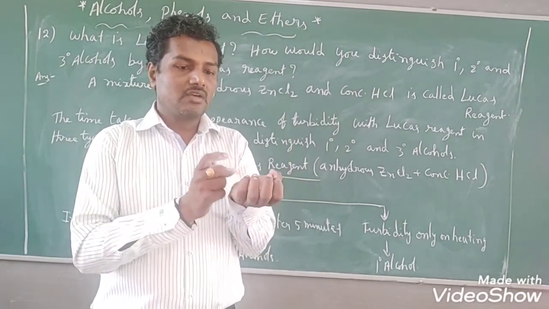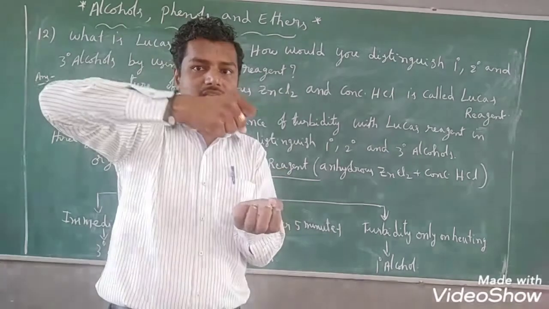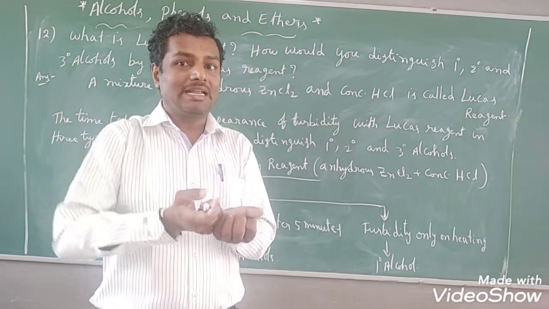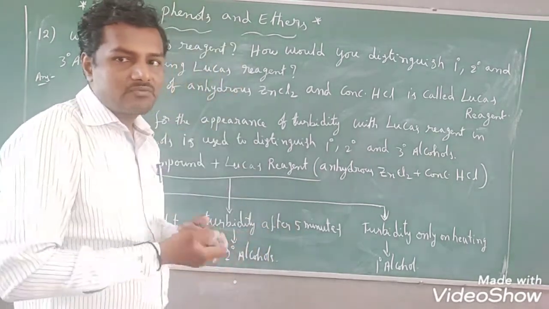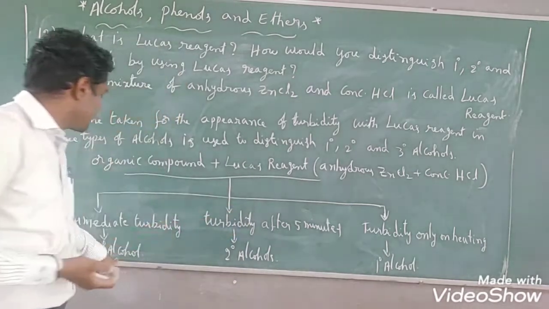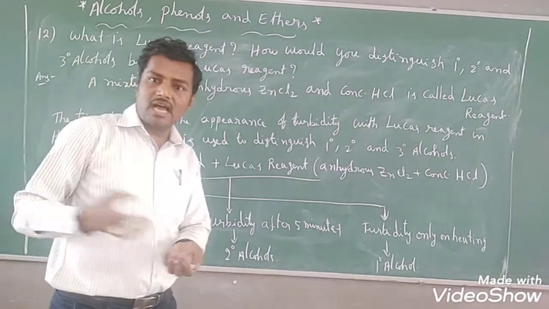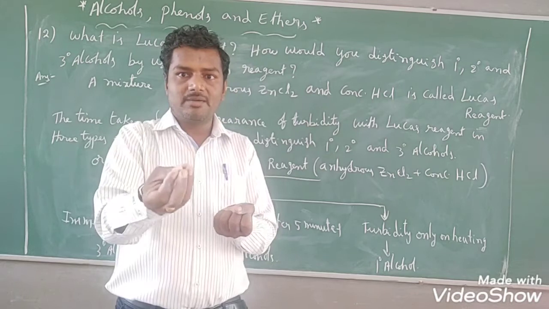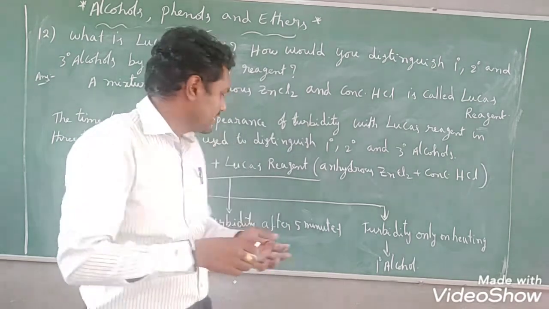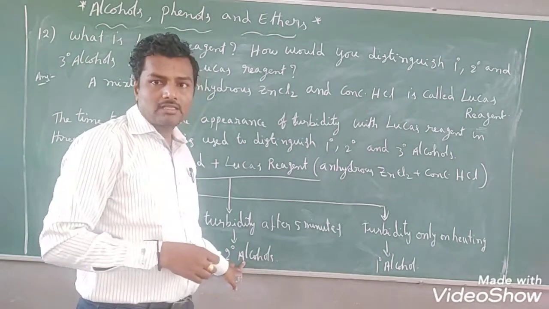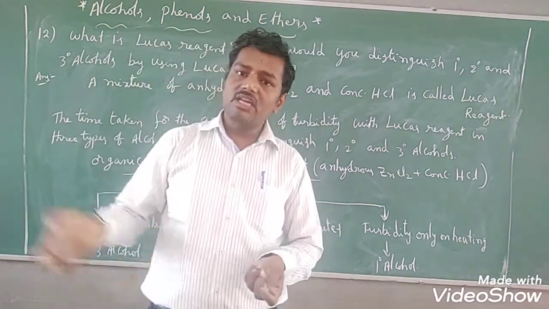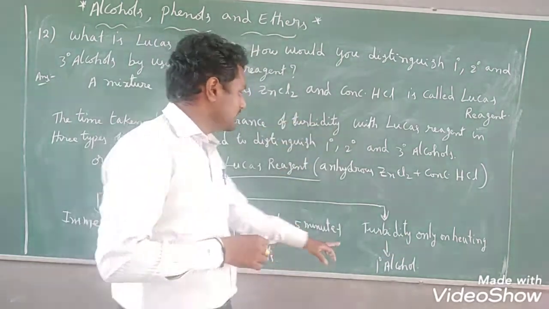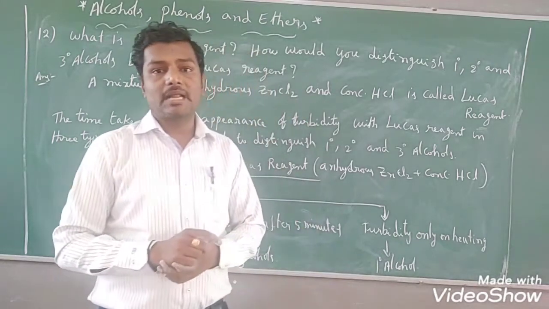Whenever they have given an organic compound, it may contain primary alcohol or secondary alcohol or tertiary alcohol. How do we distinguish which alcohol is present? Just add Lucas reagent to it. If turbidity is formed immediately, then we can call such an alcohol a tertiary alcohol. Suppose after addition of Lucas reagent it takes a little time, and after 5 minutes you get turbidity, then such an alcohol we call a secondary alcohol. If after addition of Lucas reagent you are not getting turbidity, but on heating you get turbidity, then we can confirm it is a primary alcohol, students.